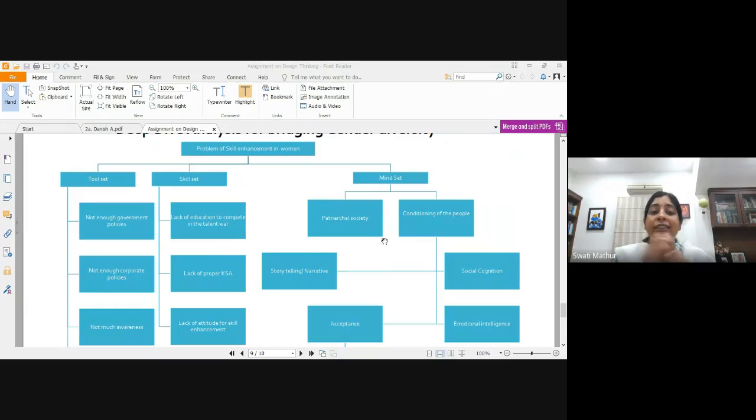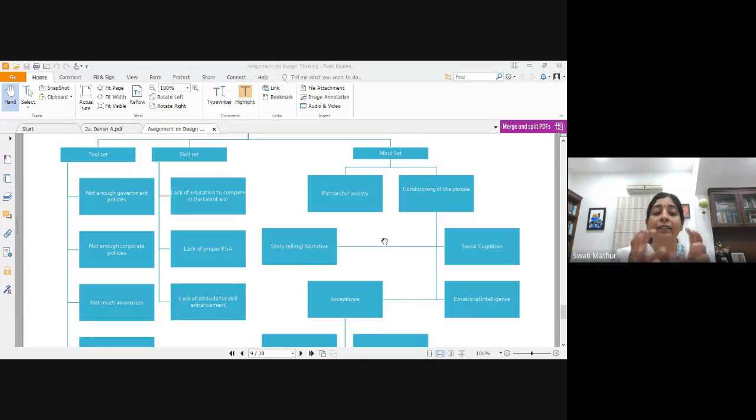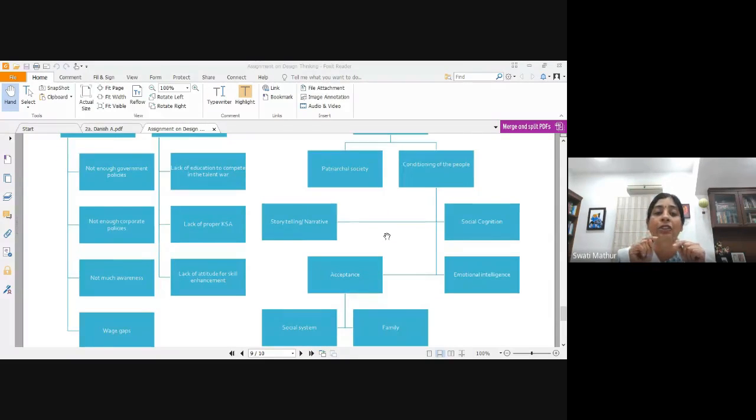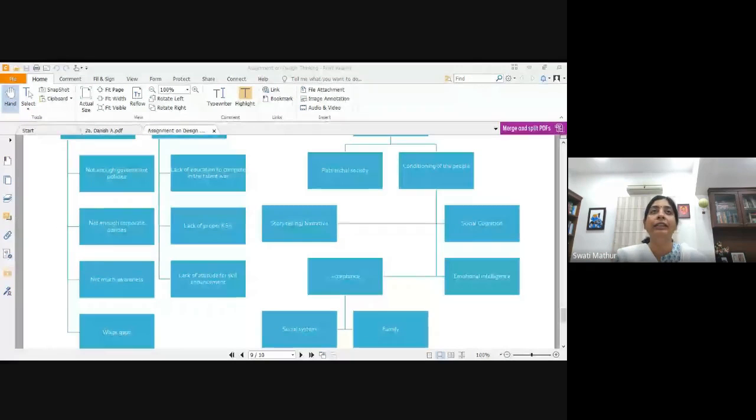So in this mindset, what we have come to an understanding is the patriarchal society. The problem which needs to be overcome is the mindset of patriarchal society, the conditioning of people. In that conditioning, we have the storytelling narrative, which I'm talking about here. Here I'm looking at storytelling narrative as a problem. Why is it a problem? Because from the time the child is born at home, there is this,